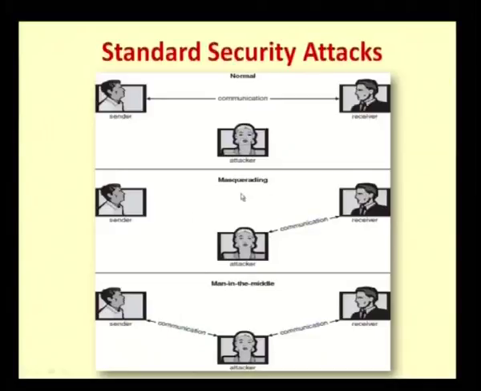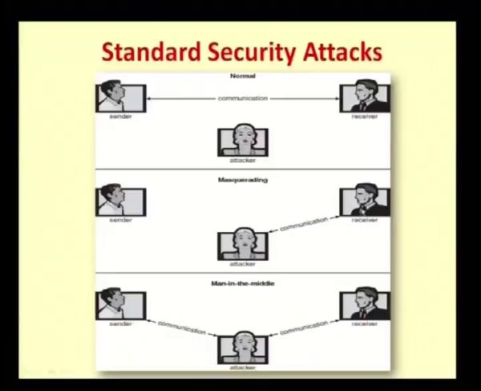Now, in the case of masquerading, the sender sends communication, and the attacker will be in a position only to view. But after viewing, if the attacker has received from the receiver all the details of this receiver system,